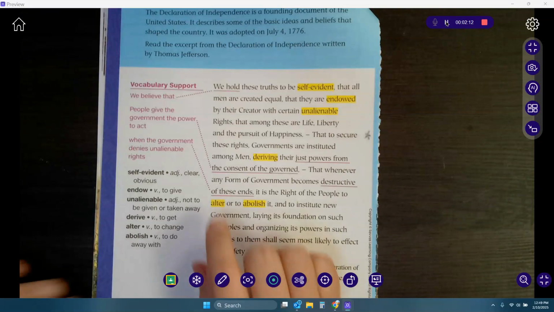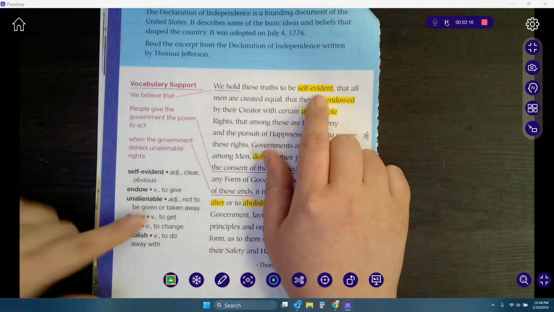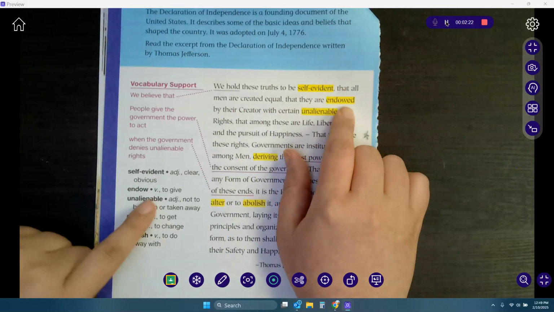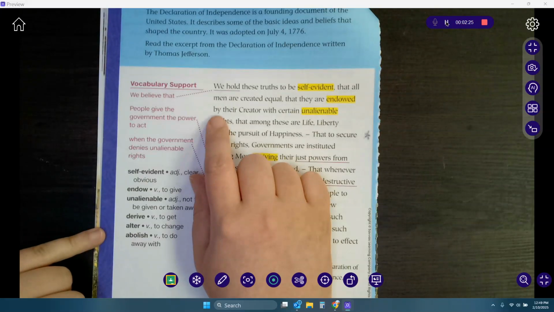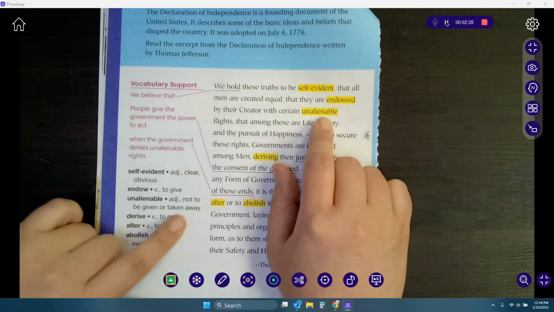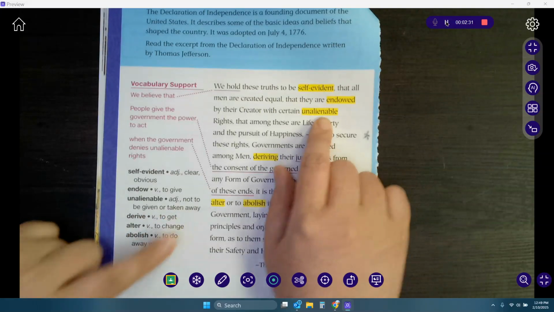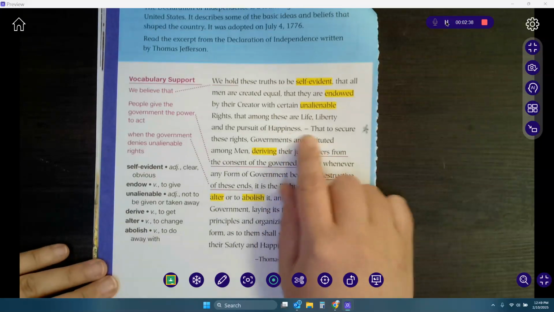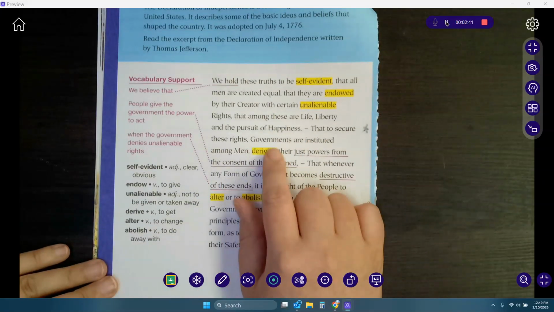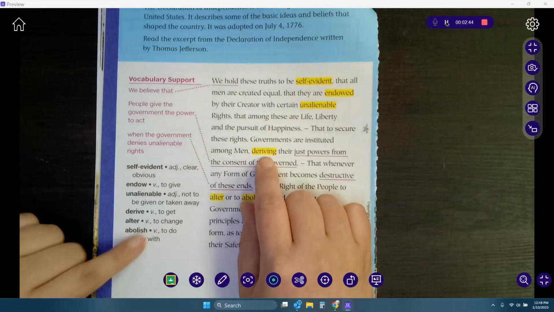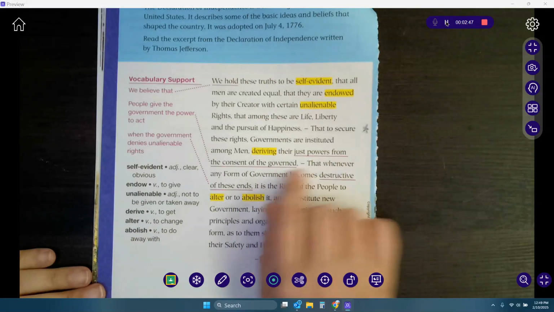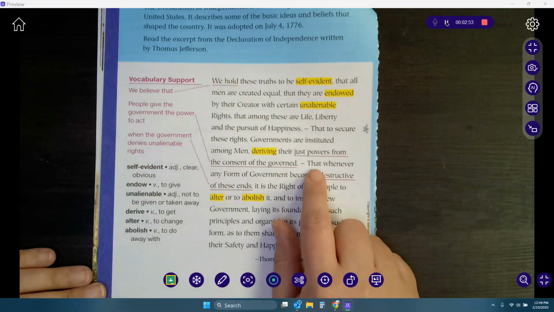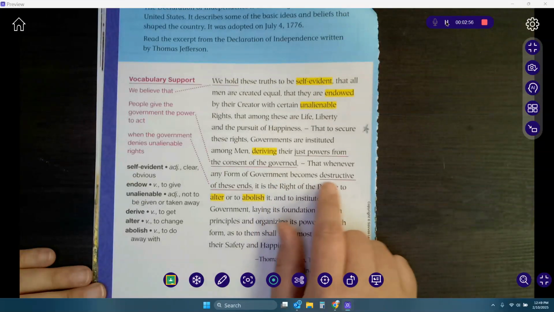the vocabulary. All right, we hold these truths to be self-evident or clear and obvious, that all men are created equal, that they are endowed or given by their Creator with certain unalienable things that are not to be given or taken away, rights, that among these are life, liberty, and the pursuit of happiness. That to secure these rights, governments are instituted among men, deriving or getting their just powers from the consent of the governed, okay, which means they're getting their powers from the people, that whenever any form of government becomes destructive